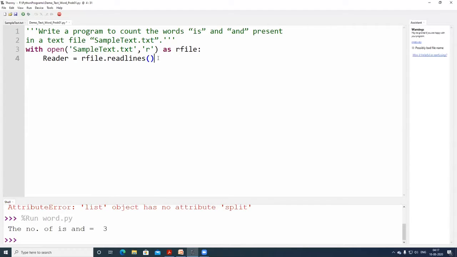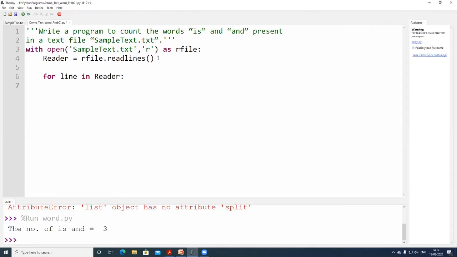Hence, I am using a for loop: for line in reader. Reader contains all the data, and you read line by line there. Now line will be holding the first line of data. Let us assume that.